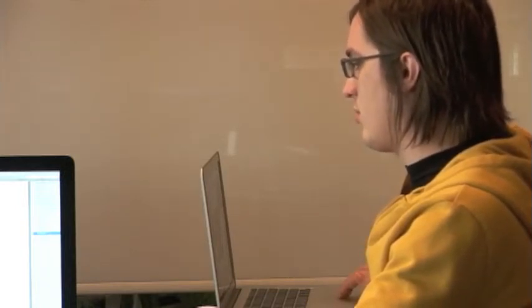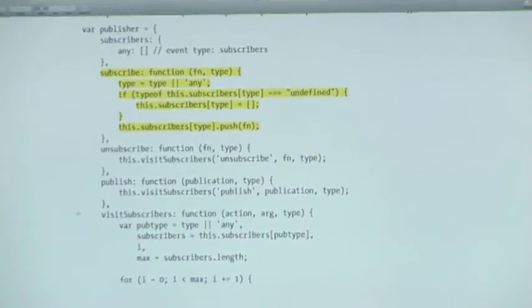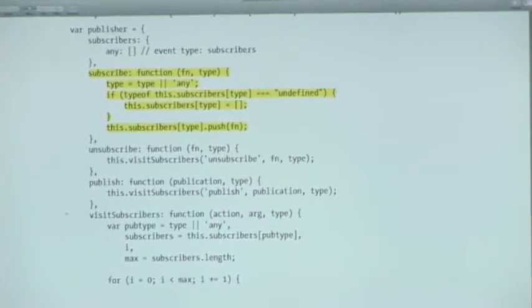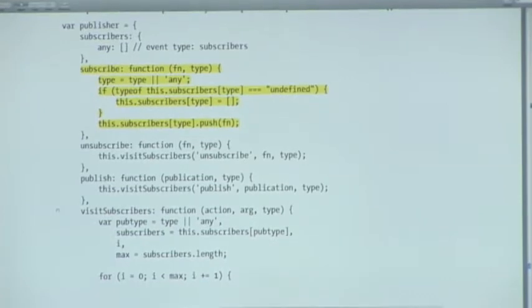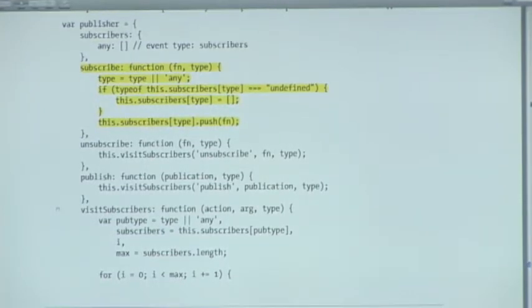So basically, here, this hopefully will make it simpler. Bottom of page 172, you've got this subscribe function, and what it's doing is it's looking to see if there's a type specified. If there isn't one, it just calls it any. And then if the type is not defined yet, so if you've got this.subscribers type, because subscribers is an object that starts out with an array that associates with the key any, and then if it doesn't say you passed in subscribe and then you pass a function and then